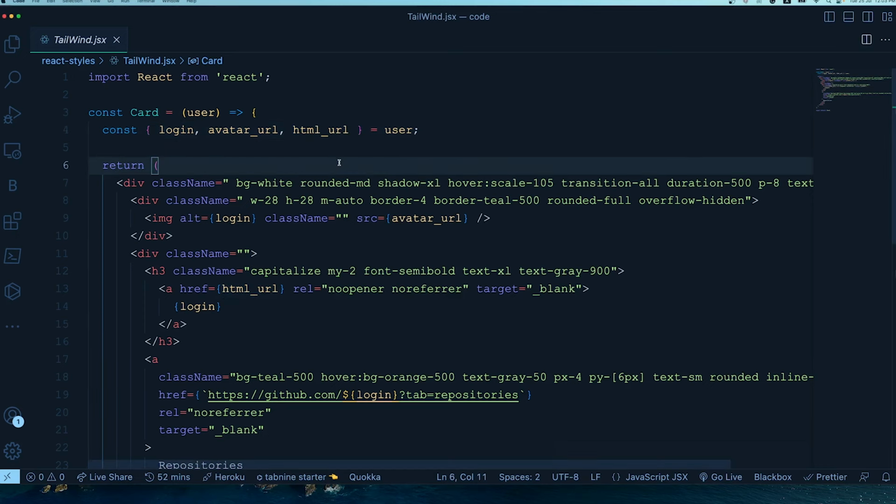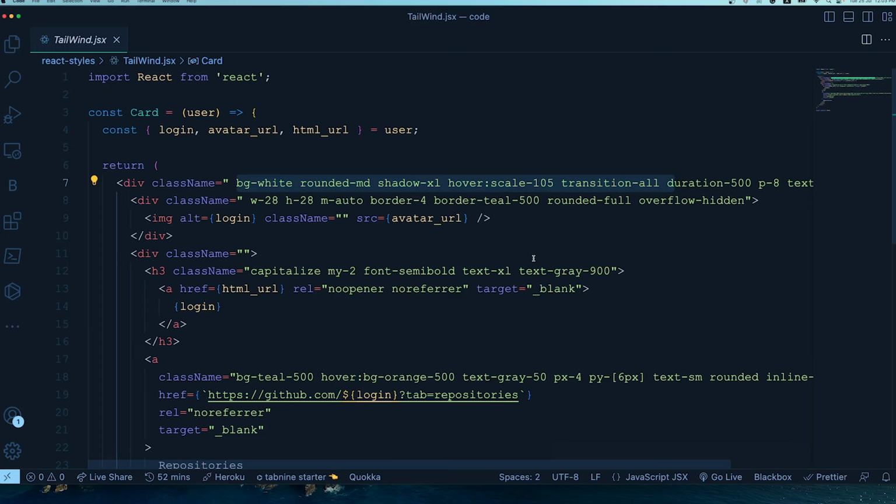So the utility first approach, and one of the libraries which is ruling the world today, is called Tailwind CSS. So if you see, I have this code where a bunch of Tailwind CSS utility first styles are written. So why is it so much liked today? The reason being, developers who are usually doing the JavaScript thing are not very CSS savvy, right? They don't like to write CSS that much. So if there is something which is already pre-cooked for you and you just need to call and use it, I think that's the best thing that developers will like.